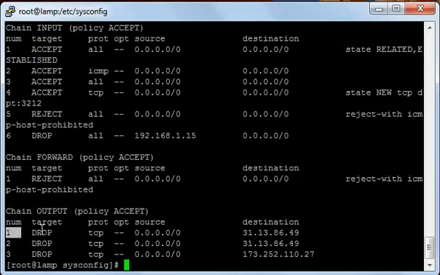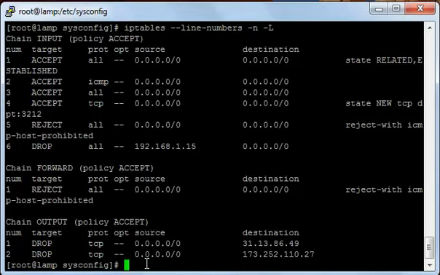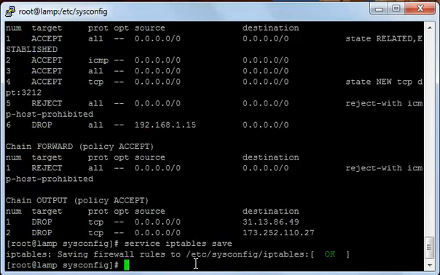Now I would like to delete the first rule here, so I will type the command iptables -D and then OUTPUT and then the line number 1 and press enter. I display it again. As you see, the second one has been translated to number 1, and the one that we have deleted does not exist here. And I will save by the command service iptables save,